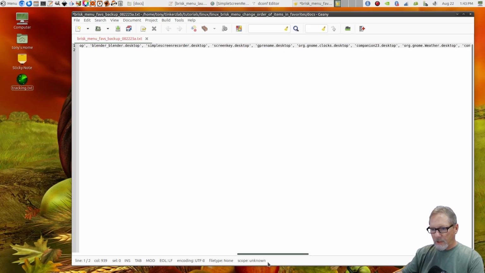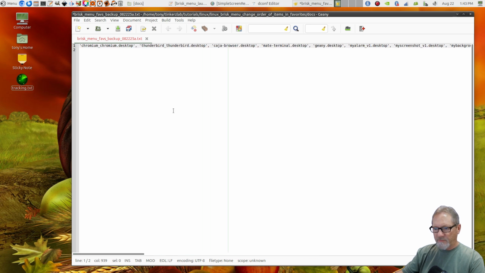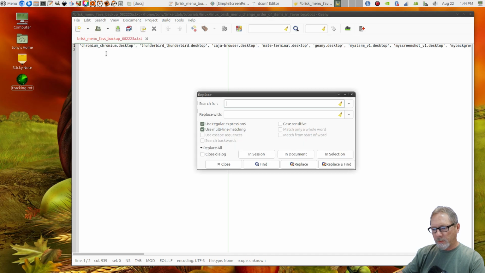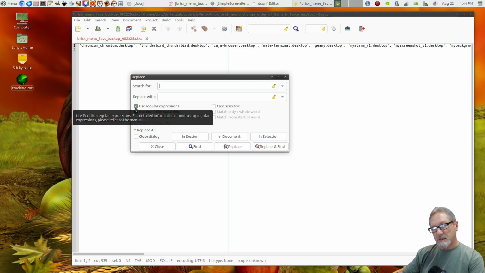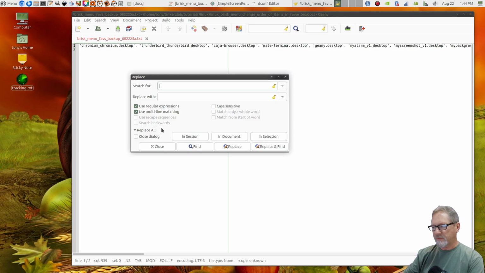All right, and then now that we've got our data set up the way we want it before we manipulate it, and there's a reason I'm doing this, we want to go into search, and we're going to go into replace. And one of the things you want to do is make sure that you have regular expressions checked in Genie for your search and replace. So what we're going to do is convert this from one long string of data to a single column of data. It's going to make it a lot easier for us to reorder these things if we have it in